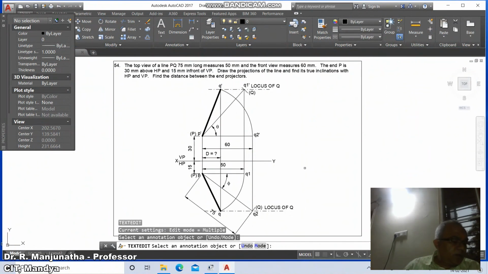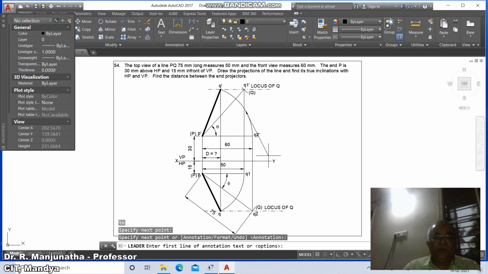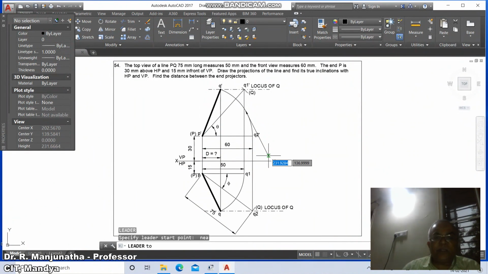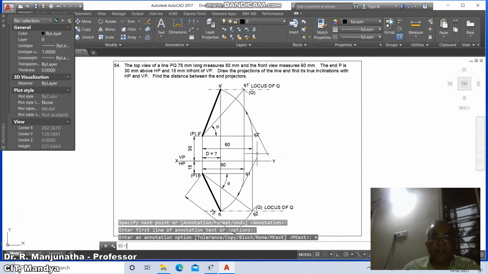Fine. Now we need to go for leader, take nearest on this, select on this line and draw tangentially to this, and go to annotation, options, none. Similarly, go to leader, nearest on this, select on this and drag it here, go to annotation, options, none.